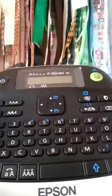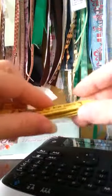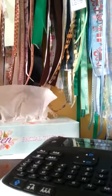So, as you can see, here it is. I've just received it in the mail a couple of hours ago, and I have fiddled around with it and made a couple of labels. It's the first time I've used it, and I have to say I'm quite impressed so far. I got two tape thingies with it, black on yellow and black on white,